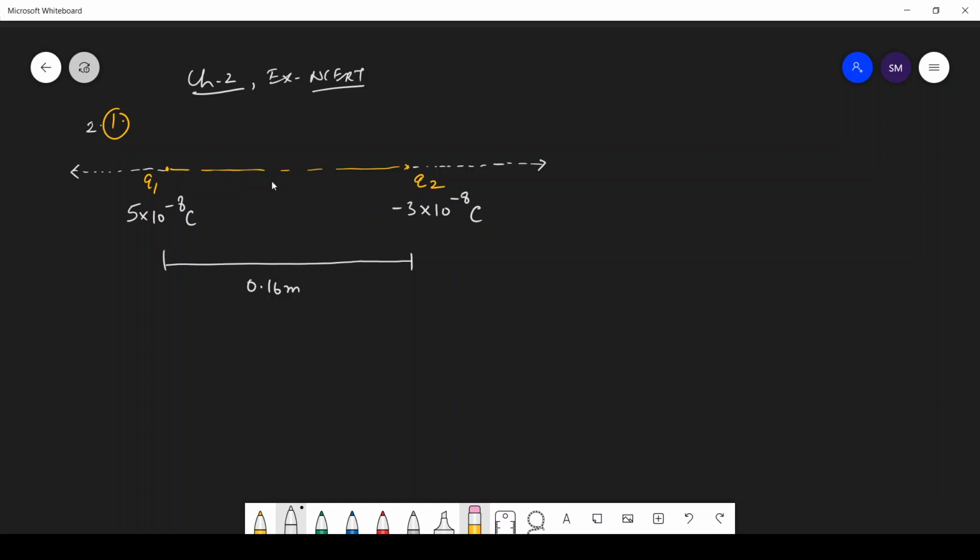So students, as you know, we need to tell where the potential is zero. First thing is that potential is a scalar quantity. So simply we need to add two numbers and their sum must be zero. So obviously one number will be positive and one number will be negative, because this is a positive charge and this is a negative charge. So potential due to positive charge is positive and potential due to negative charge is negative. Okay, let me